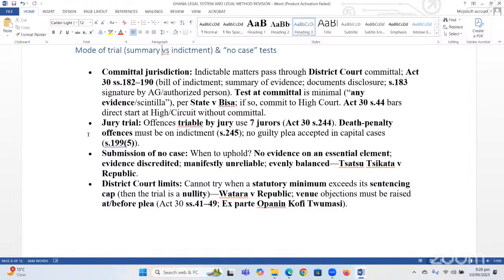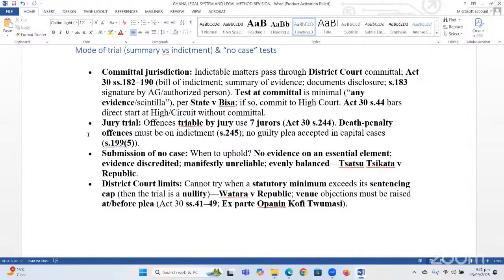Then we have what they call the autrefois acquit and the autrefois convict. So what they call the plea in bar. You plead and say that I cannot be tried for this offense because I've previously been tried in respect of this offense, and if I'm to be tried again, I will be subjected to double jeopardy. So I was tried and I was acquitted, therefore acquit. I was tried and I was convicted, therefore convict. So there's the rule against double jeopardy under Article 19 that no person shall be punished twice